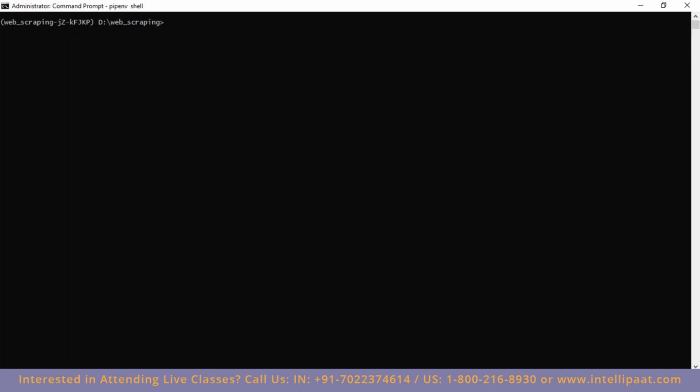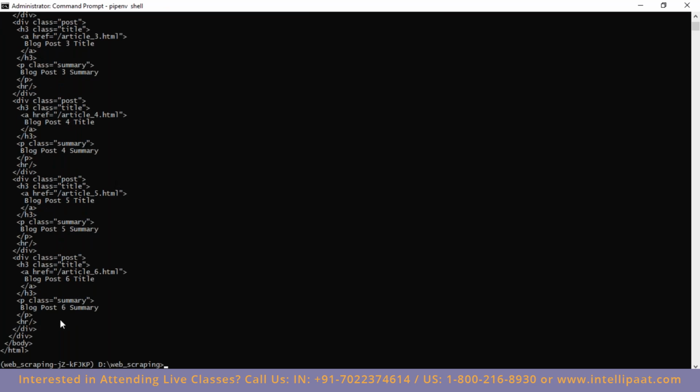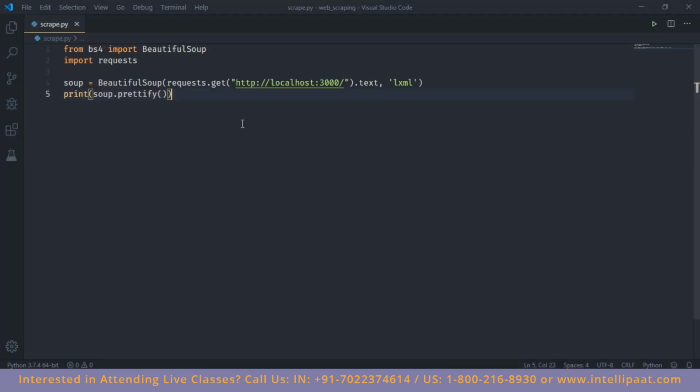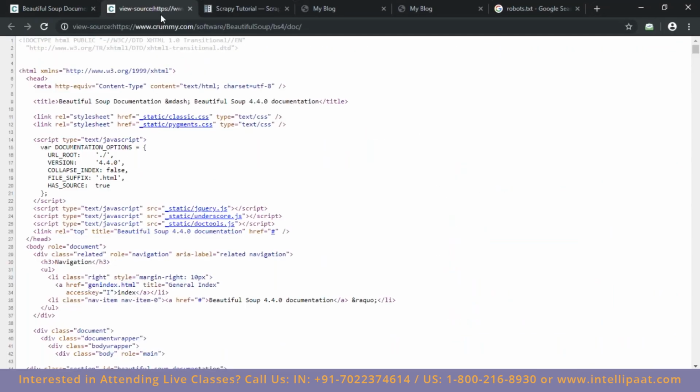So after using prettify, what you can do is scrape, and as you can see, it's formatted nicely. Now we can see where each tag starts and where each tag ends. It's indented nicely. Now after this, since we don't need this, what you do is you go to the website and you